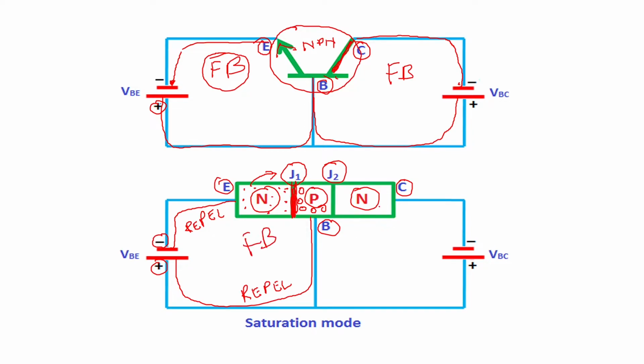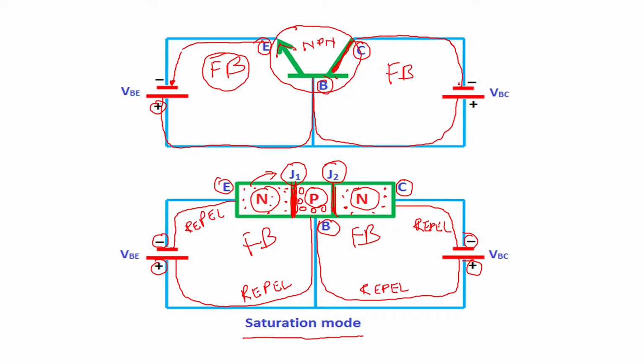Similarly, if you see the second junction, in the collector you have N-type, that means majority charge carriers are electrons, which are negative charge particles. They are again connected to the negative polarity of a battery, so there is a repelling force here. And again here p-type is connected to the positive terminal of a battery, so again you have a repelling force. So both these say that the junction J2 is forward biased. So when both the junctions of a transistor are forward biased, then you are in saturation mode. It is called saturation.